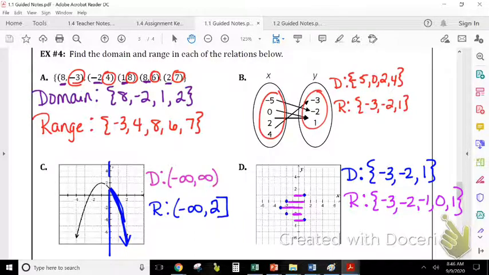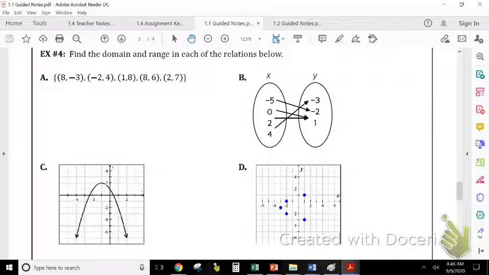Now, let's talk about another way to find domain and range, okay? They didn't really give us a good example here, but it shows up in your assignment. So what if they give us an equation? So let's talk about that. And I'm just going to use the space over here, okay? So if they give us an equation,